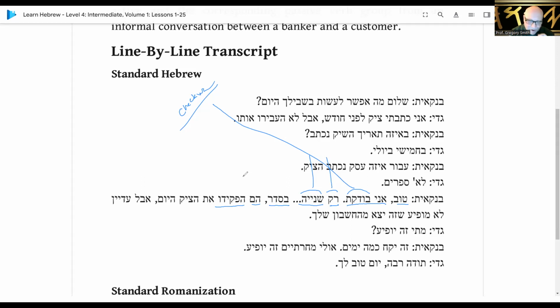Okay, that has to do with deposited. Deposited, okay. And it's got to be et hatik. Hatik hayom. Okay, so